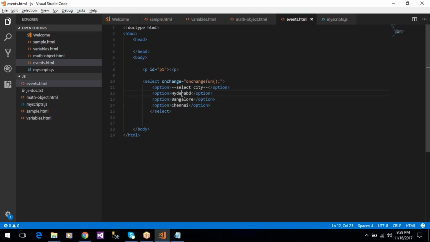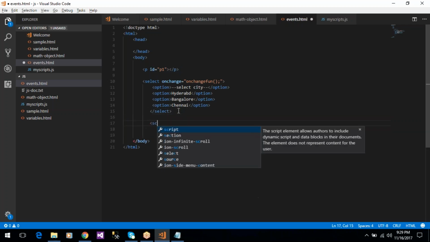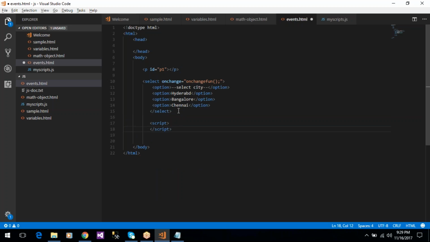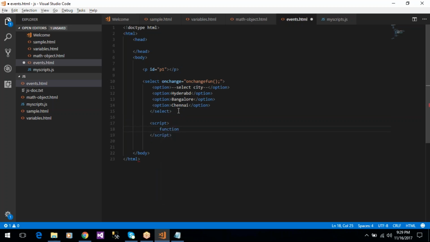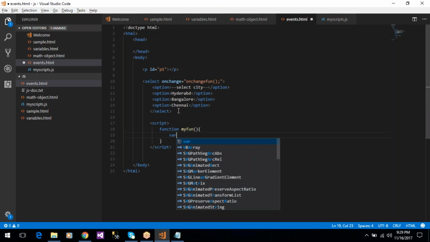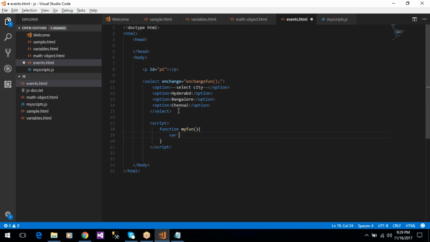So we have three city names in the drop down list, and I want to display the selected city name in the paragraph. Use a script tag, function myFunction, where selected city